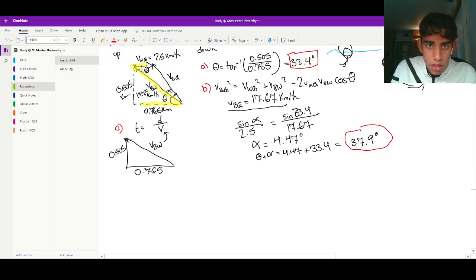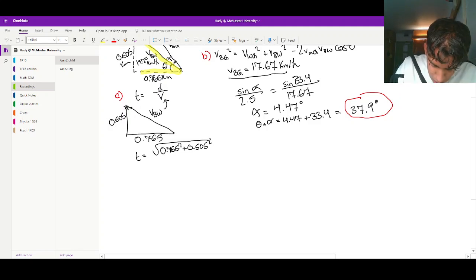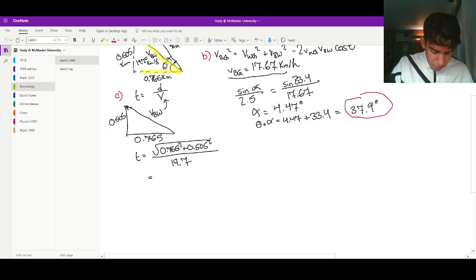So here, we can do time is equal to, and that's just Pythagorean theorem, 0.765 squared plus 0.505 squared, all of that over the velocity of the boat to the water, which we remember is 19.7. So now it's up to plugging it in. So we have the root of that squared plus 0.505 squared, all of that over 19.7. And that gives us